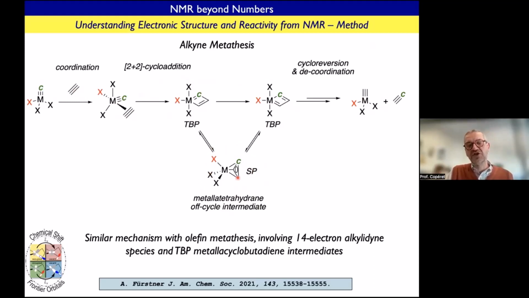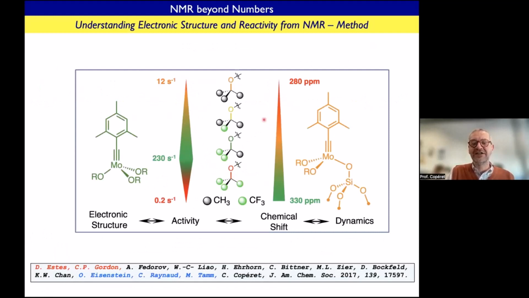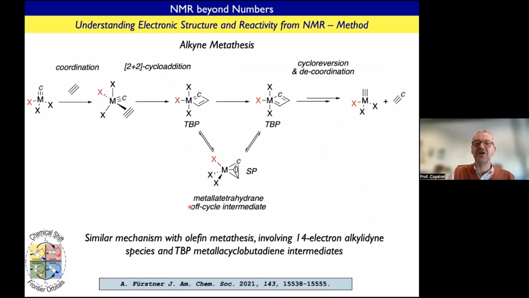In any case, to make a long story short, what we actually found is that the chemical shift of this carbon increases as you go to an alkoxide with more and more fluorine. So here there is no fluorine, 3 fluorine, 6 fluorine, 9 fluorine. And the chemical shift increases as you put more and more electron withdrawing alkoxide ligand. Okay. In parallel, you can see that the activity increases with the number of fluorine till it dies. And you may wonder, is there a parallel between carbon chemical shift and this reactivity? And in fact, there is a parallel. The only difference is that actually